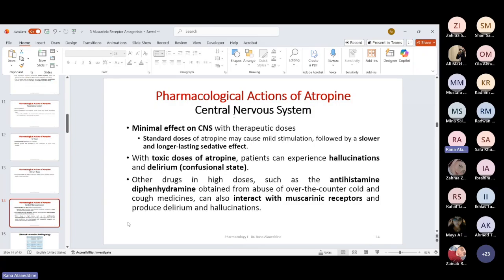Finally, the effect on the central nervous system is the following. These drugs are toxic if given in high doses because they cause hallucinations, they cause delirium, the person will be confused. So when we block the muscarinic receptors in the brain, the first effect, the person will feel sleepy. Then, if I give a higher dose, they might go into a